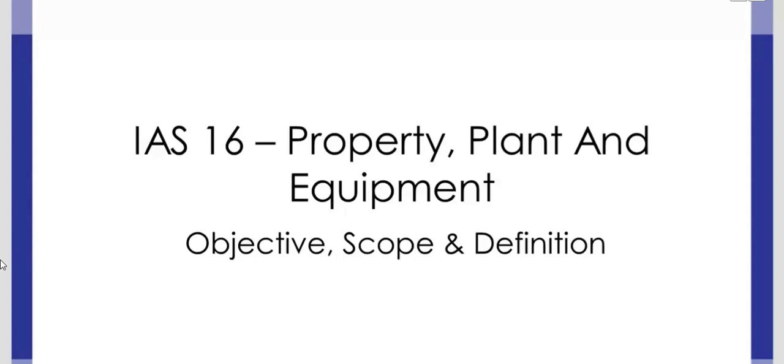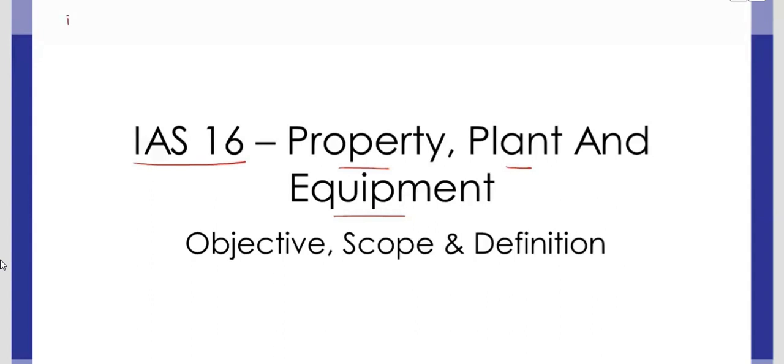In this lecture, we are going to cover IAS 16, which is Property, Plant and Equipment. As the name shows, this standard relates with the accounting treatment of property, plant and equipment. In this particular standard, we are going to cover all aspects which are related to the accounting for property, plant and equipment. Generally speaking, when we talk about a standard through International Accounting Standards Board, it is divided into 6